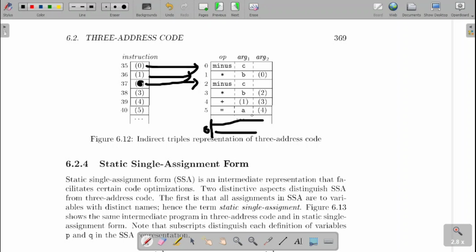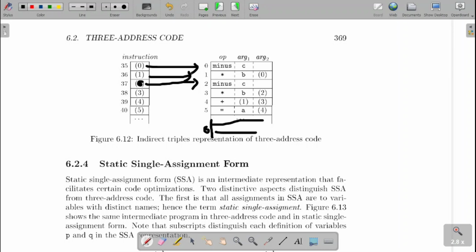Indirect triples are also triples. They are triple representations. But with that, those triple addresses will be stored in a table. The sequence of execution will be stored in a table. That table is pointing to the triple again. Then the question is why it is needed. If we want to make any changes, then the usefulness comes into the picture. You can make only those changes and make them point to that address, so that no need to rewrite the entire table. So that is the advantage of having the indirect triple.